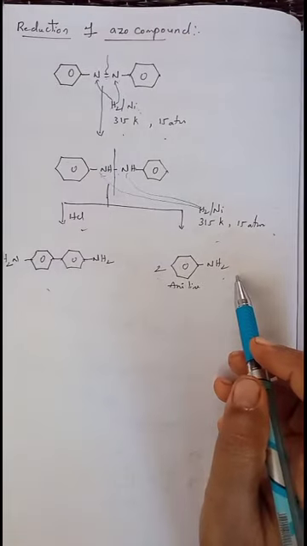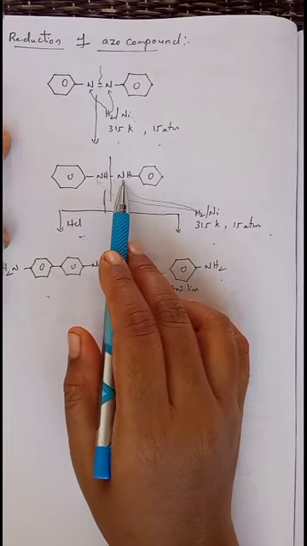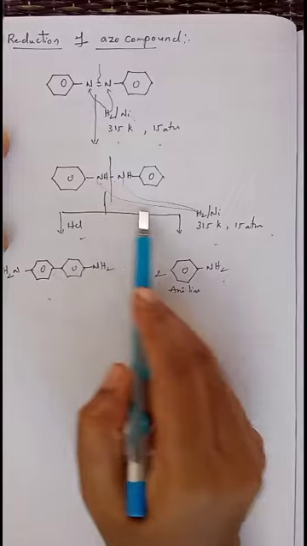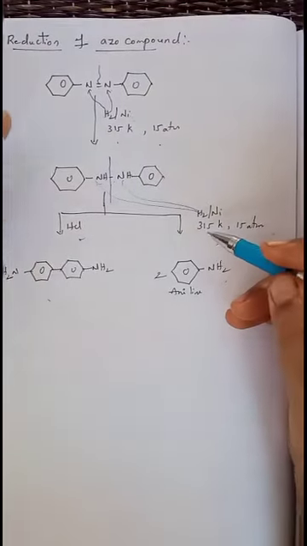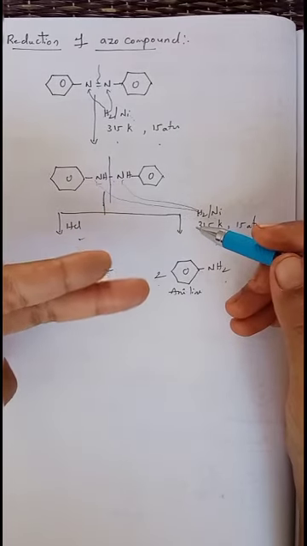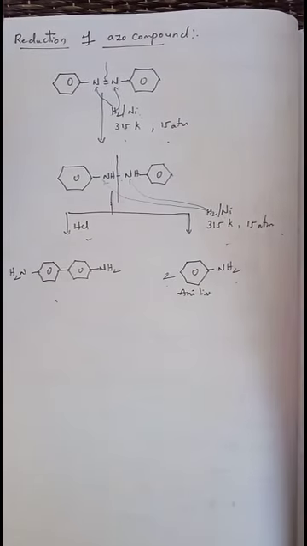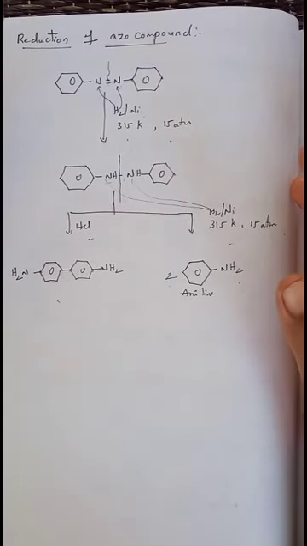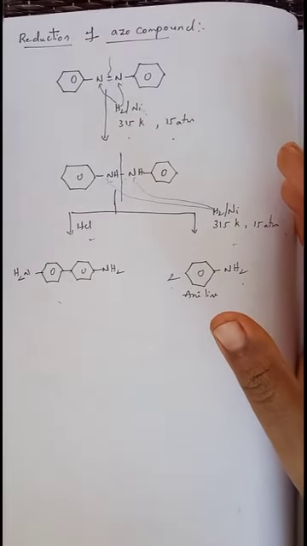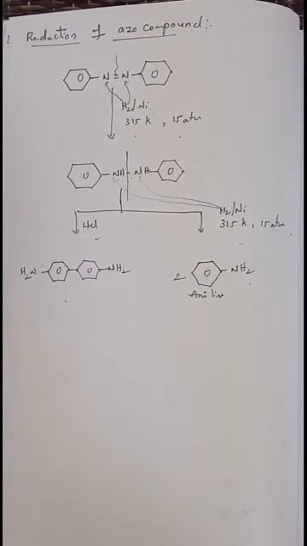This NH is converted into NH2. This NH is converted into NH2. Then this becomes one aniline and this becomes one more mole of aniline. That means when an azo compound undergoes 2 steps of catalytic hydrogenation continuously, then it can finally be converted into aniline. So that means even azo compounds are used in the preparation of aniline. These are the few important preparations of aromatic amines. Okay, now we'll see the next topic.